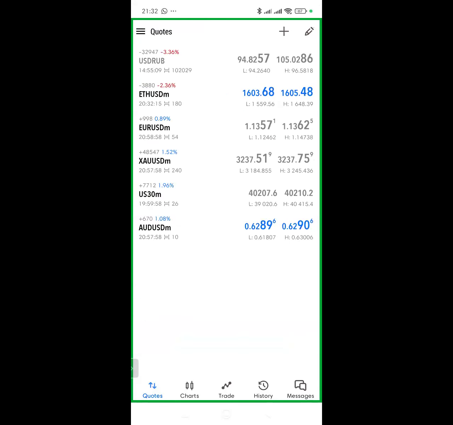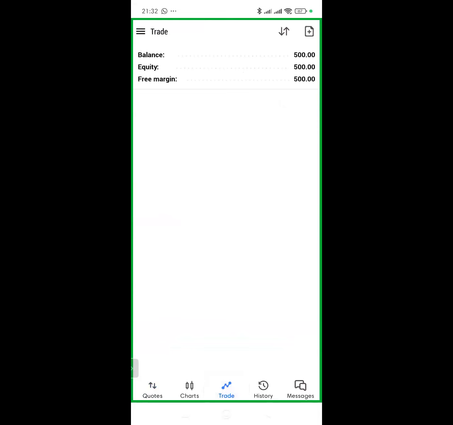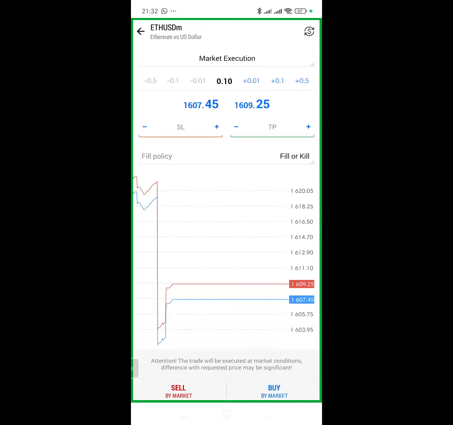Or you can come to trade. You can come to trade, and where you see this small plus symbol in the middle of that paper, you can click on it. You can click on it, and then, when you click on it,